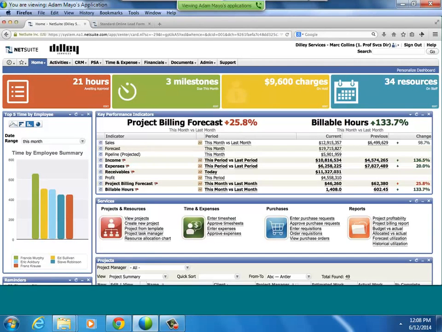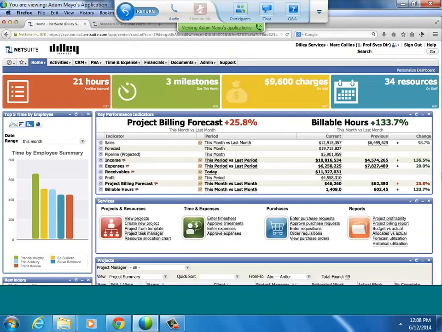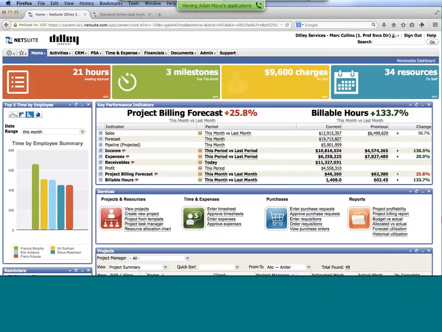So you may have received a little flicker, but now you should be seeing our NetSuite dashboard, and we're going to jump into the application. A couple of things that we always like to point out when demoing the NetSuite product is being a SaaS-based solution. We're browser and operating system agnostic, so as long as I have an internet connection, I'm able to access the system. It's also role-based, so you'll notice up in the top right that I'm logged in as Mark Collins today, the Professional Services Director, that has pretty full access to the system.